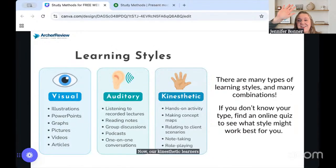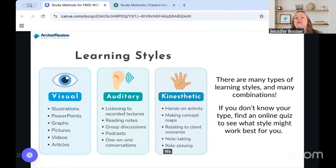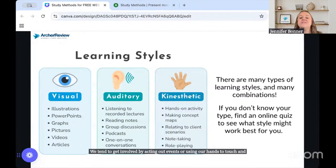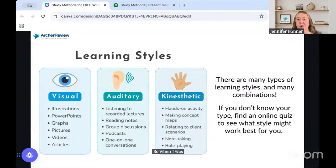Any kinesthetic learners with me? That is me. We sometimes call these tactile learners. We learn through doing or experiencing things. We tend to get involved by acting out events or using our hands to touch and handle in order to understand these major concepts. So when I was in midwifery school, I was trying to learn, okay, how does this